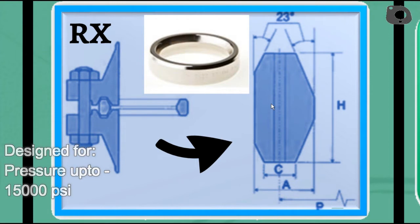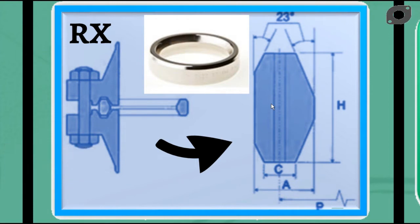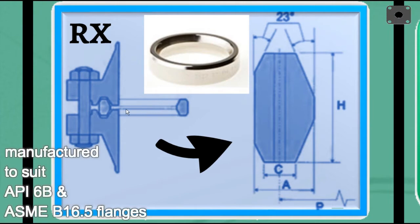RX types of gaskets are more costly than standard oval or octagonal rings, therefore not as popular. RX type gaskets perform excellent in 6B flanged blowout preventer stacks, which requires the additional mass of the RX gasket to support the higher pressures with higher vibrations and heavier weights of these units. The RX type RTJ gasket is manufactured in accordance to API 6A and ASME B16.20 to suit API 6B and